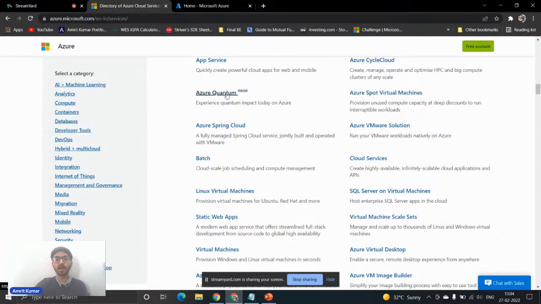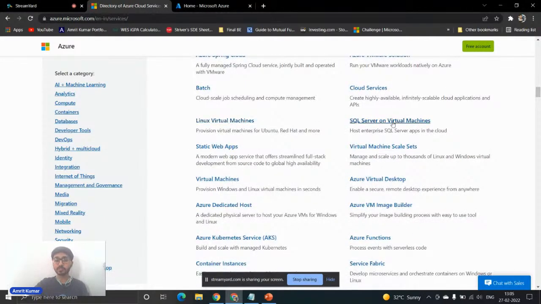It's more like a beta feature. Azure releases these preview features to get feedback on whether the services are working well or not. And after a particular period of time, it releases the full versions.